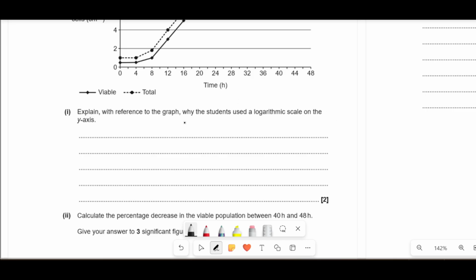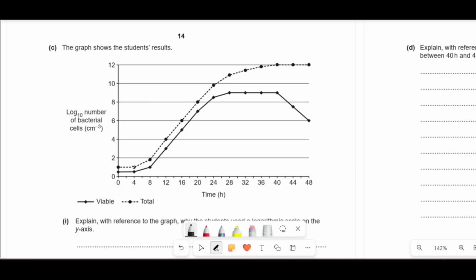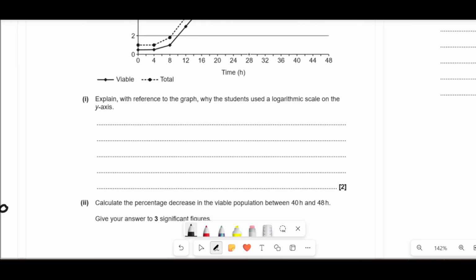If we didn't use a logarithmic scale, we'd be dealing with, for example, if we looked at 10, that'd be 10 to the 2, that's 100. And then if we looked here, that's 10 to the 12, which is gigantic. 10 to the 12 is a billion. Yeah, so it's a huge range. So you'd have to have a gigantic piece of paper. So the range of values is too big